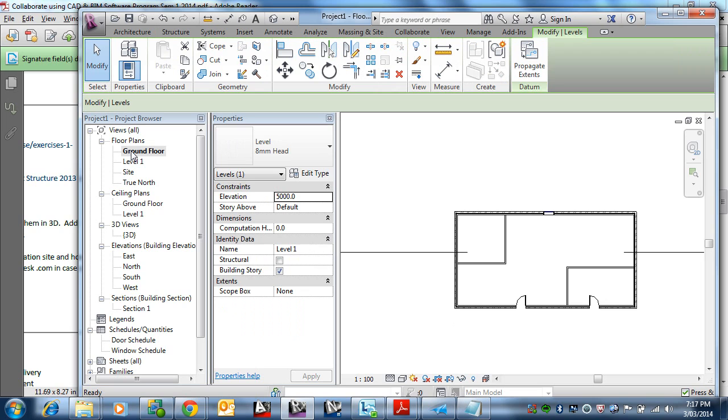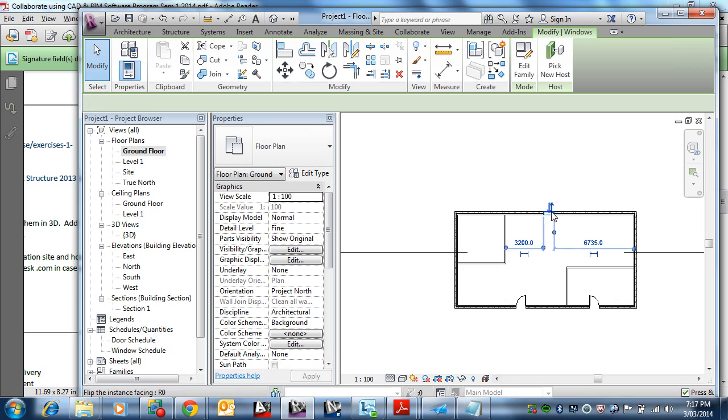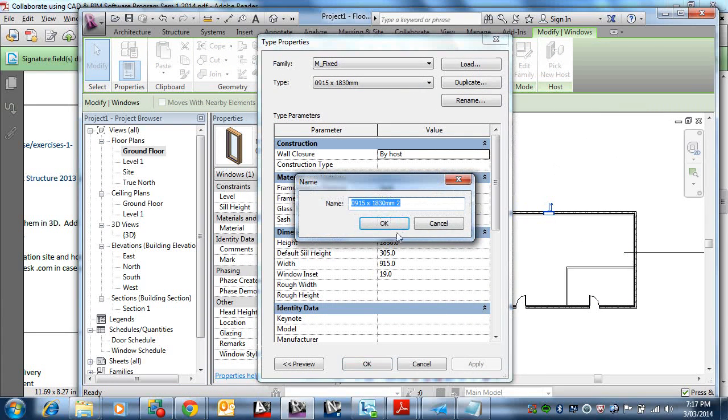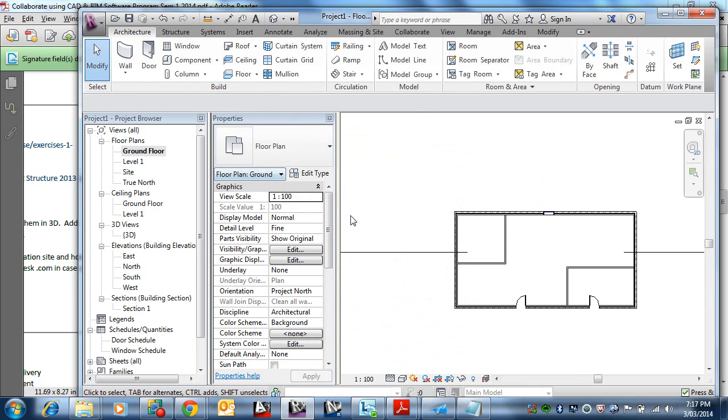Let's have a look. Okay, so that's quickly how you can put in some walls, doors and windows, and how you can change them. But just about everything you can change. You can edit the type, even walls and windows. I can even highlight this, edit that type and create something else out of it by duplicating it and making a new size. So they all work in similar ways. Once you do a couple, you get used to it. Okay, so where was I now? We're going to go to,